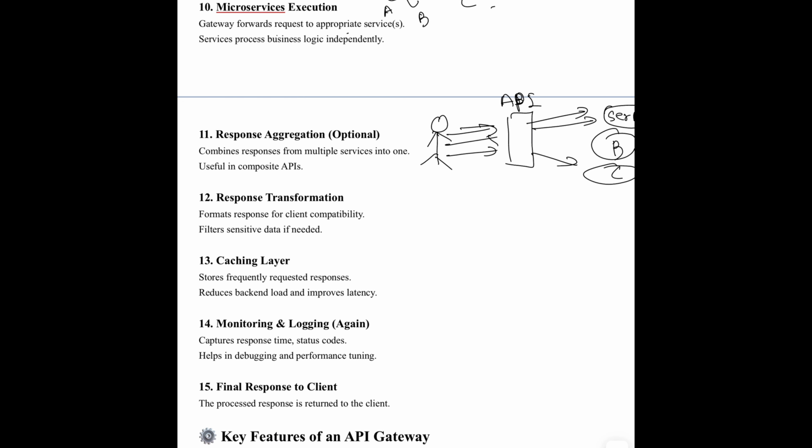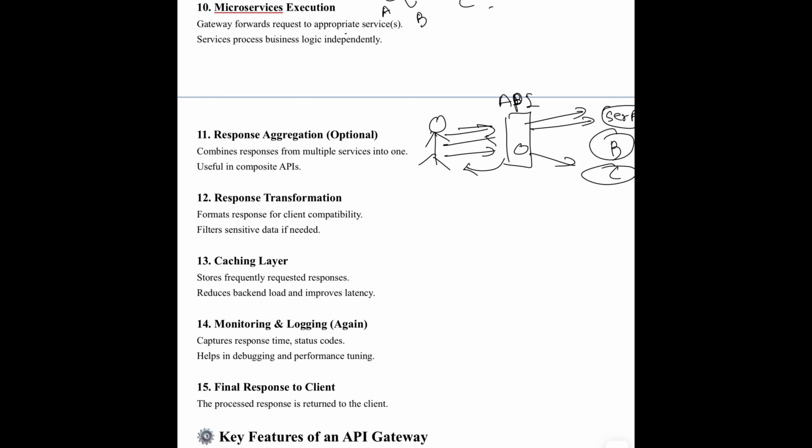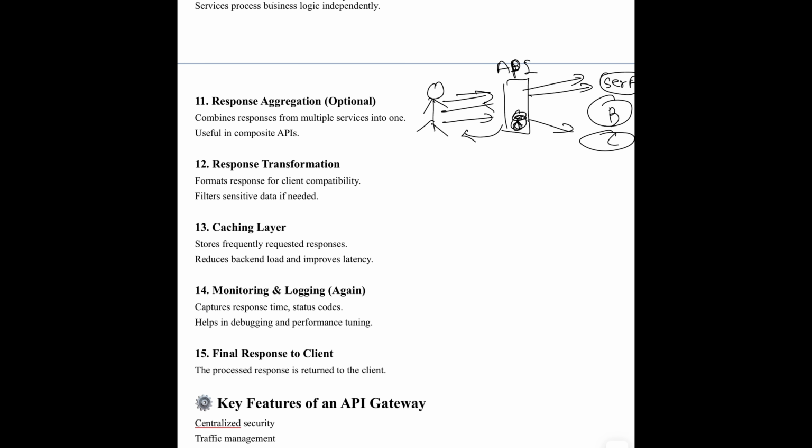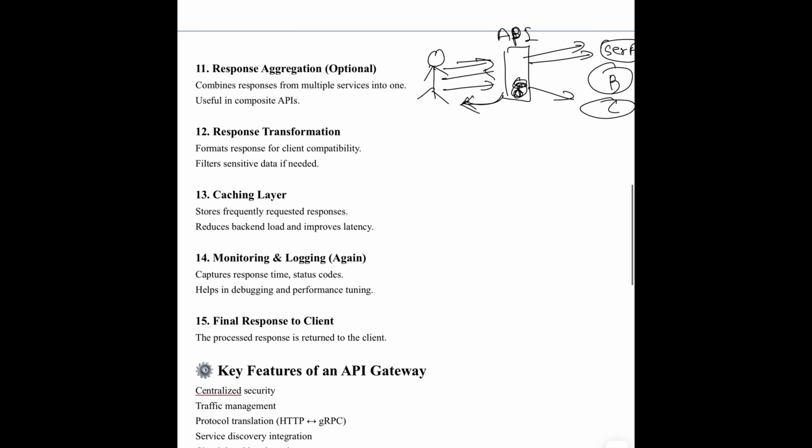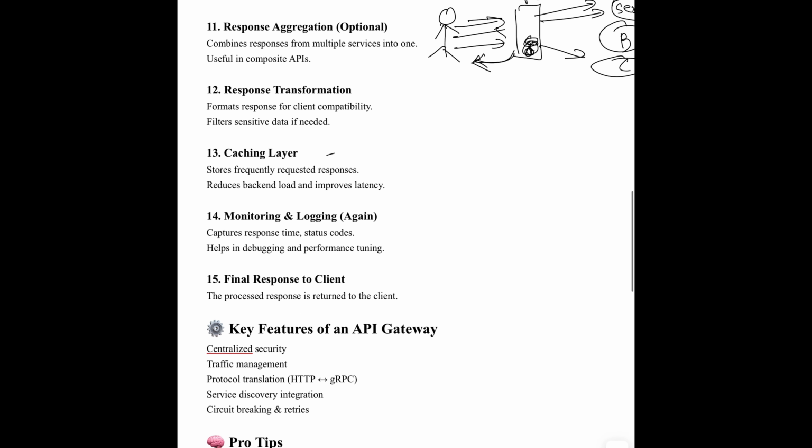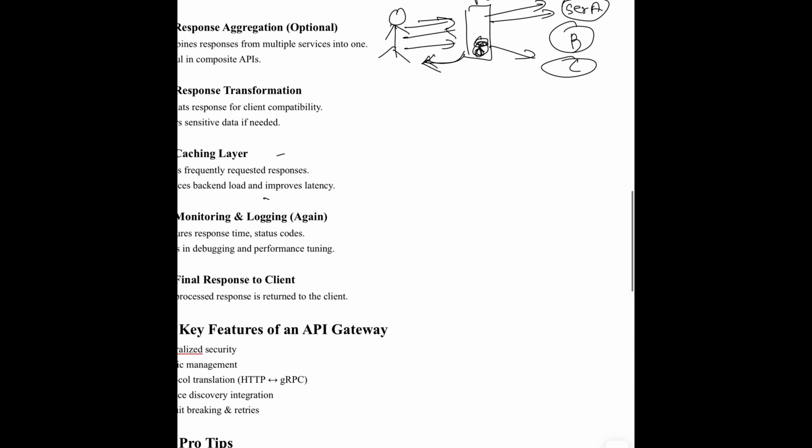It will aggregate the response. Suppose we need to aggregate the response from services A and C. We can put that logic inside the API gateway. It can transform the response, like filter out some data and only pass the necessary data. Maybe cache: it is a caching layer that stores frequently requested responses, reduces backend load and improves latency. Suppose a user wants some data, all the authentication and authorization happen, it goes to service B, and B returns some response. API